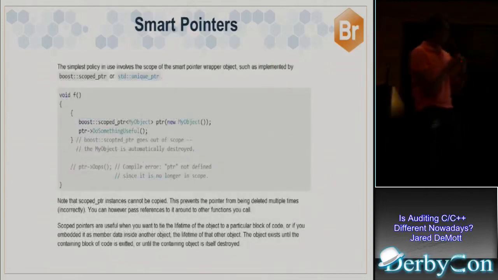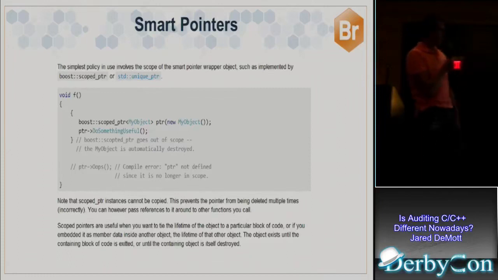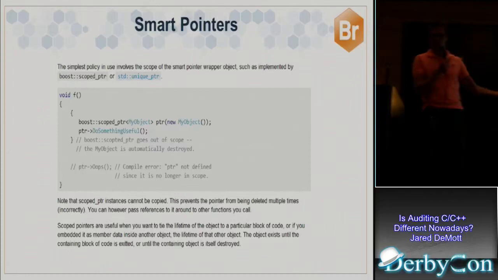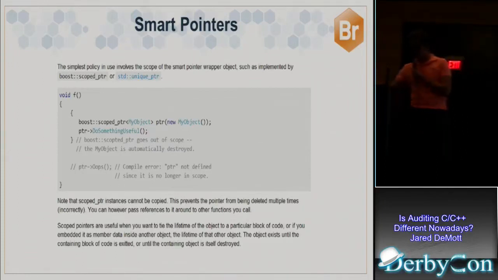And one of the simplest is what's called scope. In this case, if you've got my object here that gets allocated, as soon as it goes out of scope, then the pointer is freed, and if you later try to use it, the compiler will tell you, hey, that object's not valid here. So it'll give you some warning that you're trying to do something bad, right? So that's a simple case.